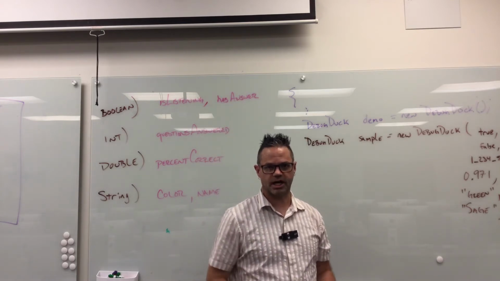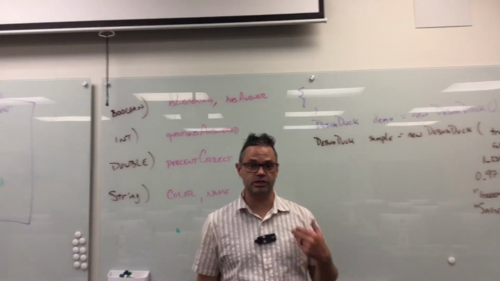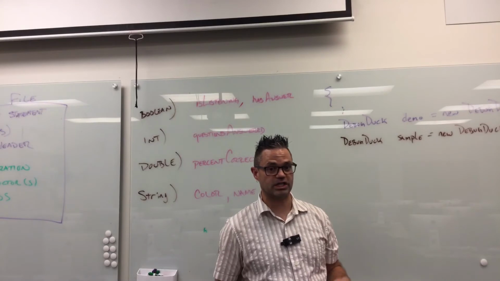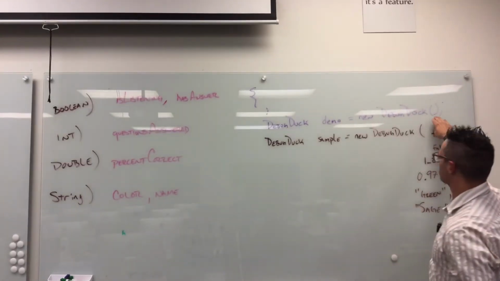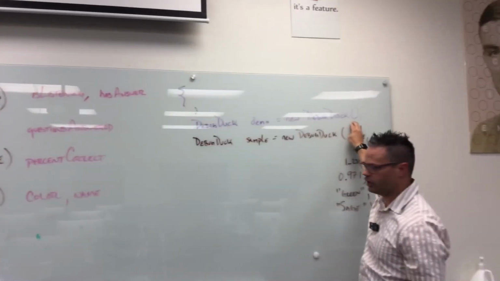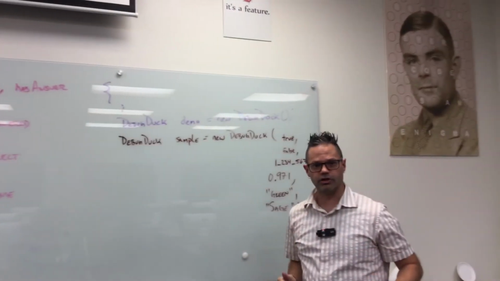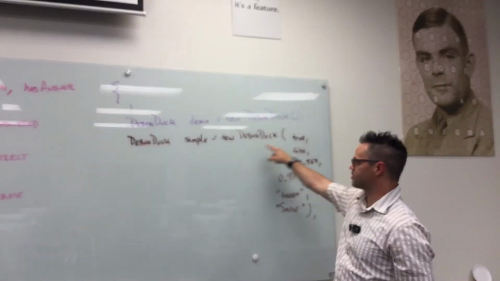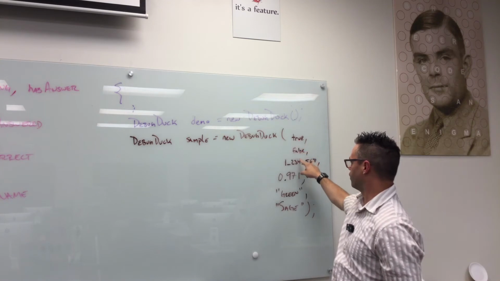However, when I want to customize an object, I want to make an object even better, I need to use an overloaded constructor, a constructor that I can send parameters to. So to do so, instead of calling the open and close of a default or generic constructor, I need to send the constructor parameters that I specify in my overloaded constructor. As you can see right here, I'm specifying my new DebugDuck sample as a new DebugDuck. I'm passing it true, false,